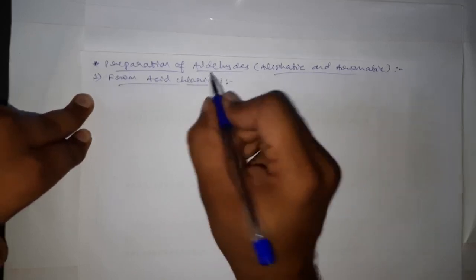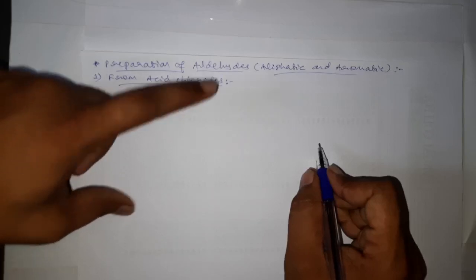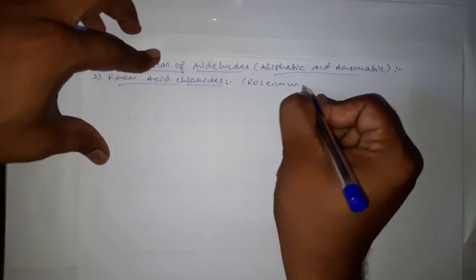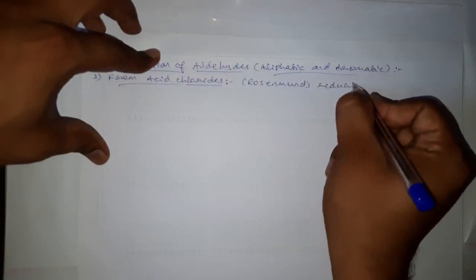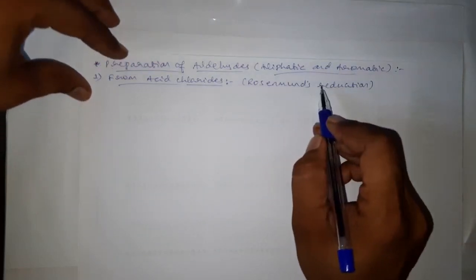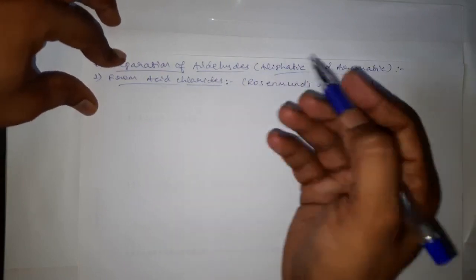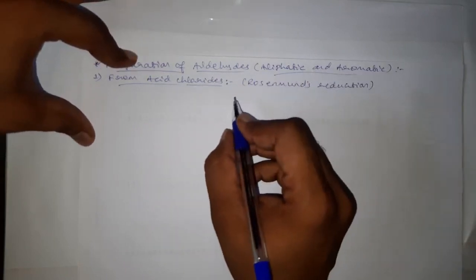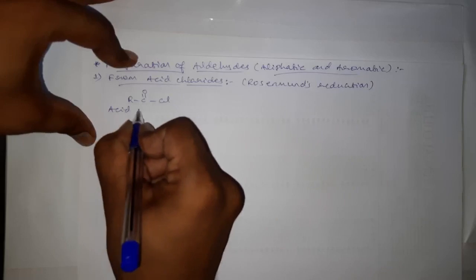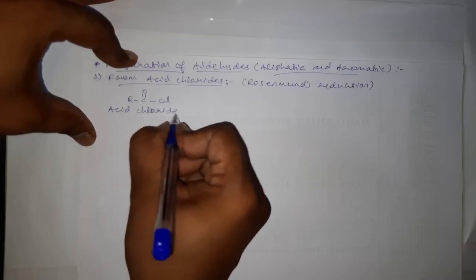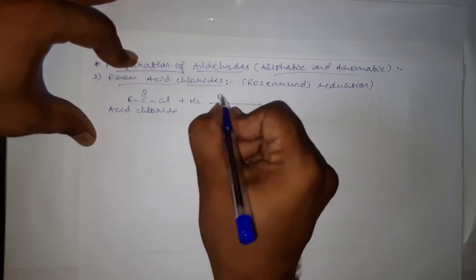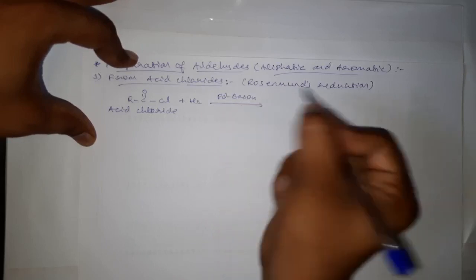And this reaction, that is the conversion of acid chlorides to aldehydes, is known as Rosenmund's reduction. Here we are discussing the named reaction, Rosenmund's reduction, in which the acid chloride is converted into aldehyde. According to this reaction, when acid chlorides RC double bond O Cl are treated with hydrogen in presence of palladium catalyst, which is mixed with barium sulfate,